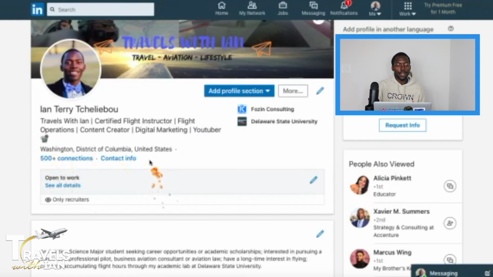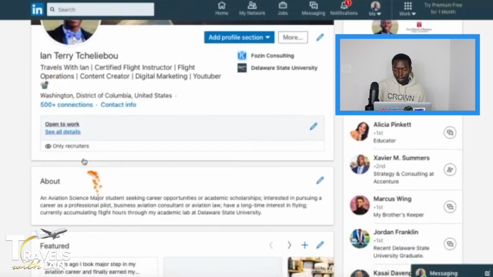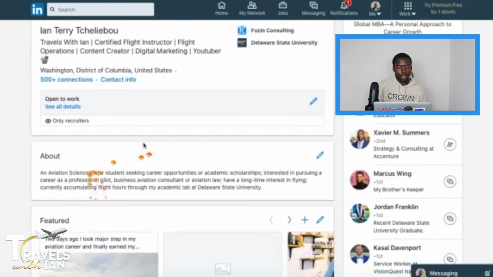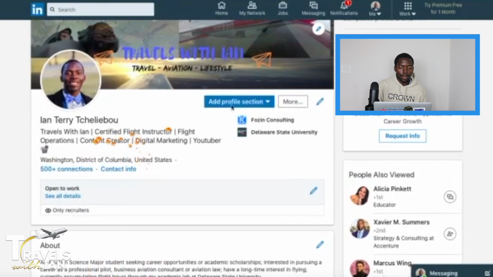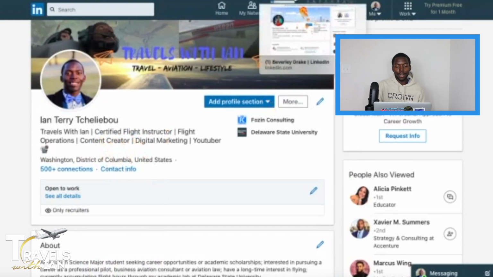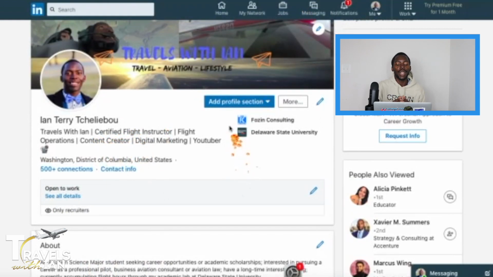So you want to have keywords in this section, right? A lot of people don't even customize this. They just have the job. That's not what you want, right? That's not what you're looking for here. You want to have keywords. It's very important because when recruiters on LinkedIn are looking for somebody in this specific field or whatever, those keywords help you rank in the search and help the recruiter find you, right? Because